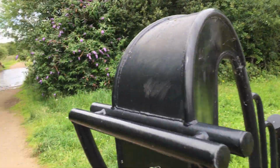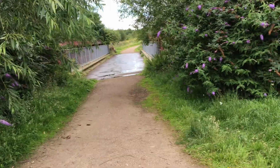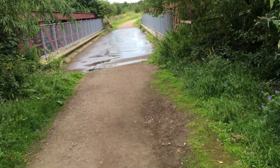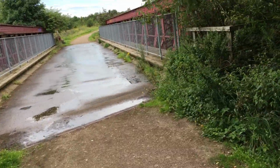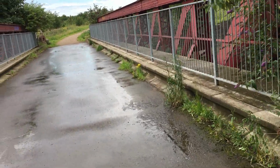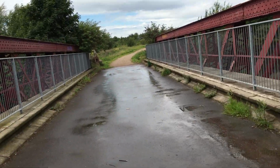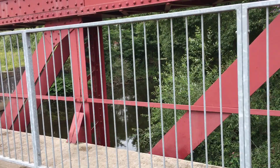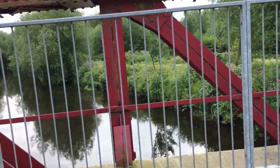But let's go in and have a little look. So we've got the river here, you can see the bridge over the river. Again, you can go on the Sheffield and Rotherham Wildlife Trust web page, and there's details about the nature reserve on there. But you've got the River Don here,